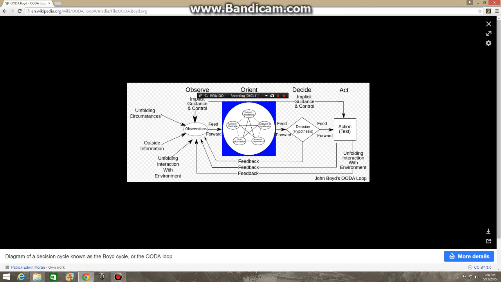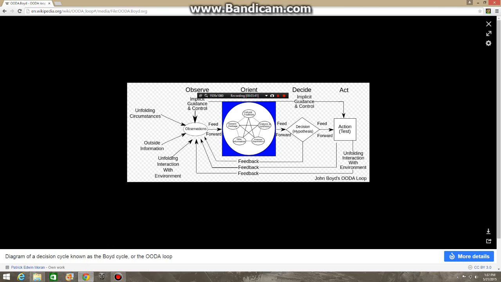Observations are brought to you from a couple different directions, and we'll talk about this from the standpoint of a World of Tanks battle. Unfolding interaction with environment: where you are on the map, and what is changing in that environment, not just physical characteristics of the map, but also what you are observing in your location, meaning enemy tanks in their locations, for example.